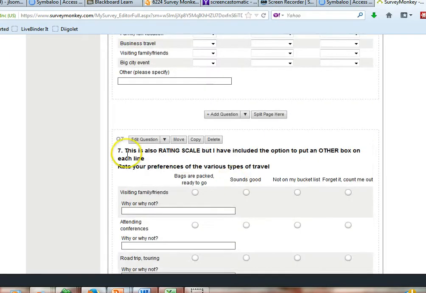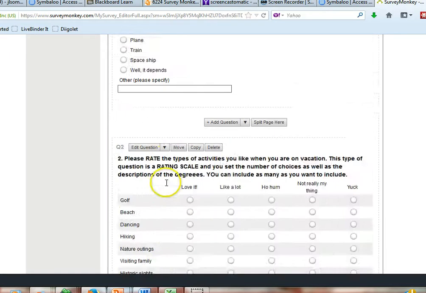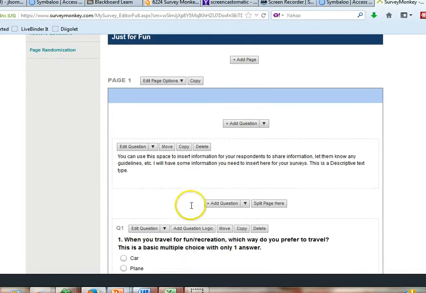And this one has 7 questions, and you can see that quite a bit of data is collected within those 7 questions. So if you have any questions about SurveyMonkey or this assignment, as always, please feel free to email me,